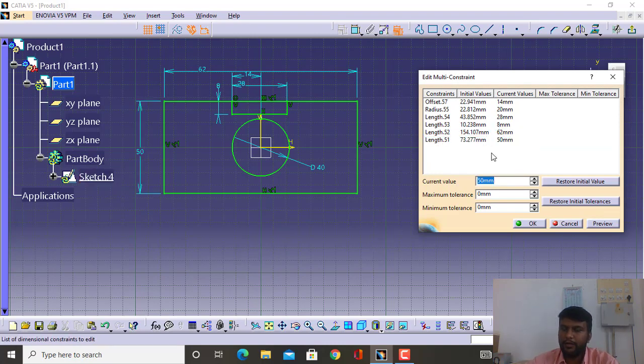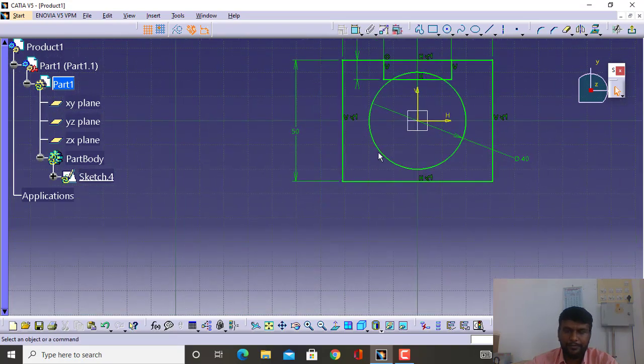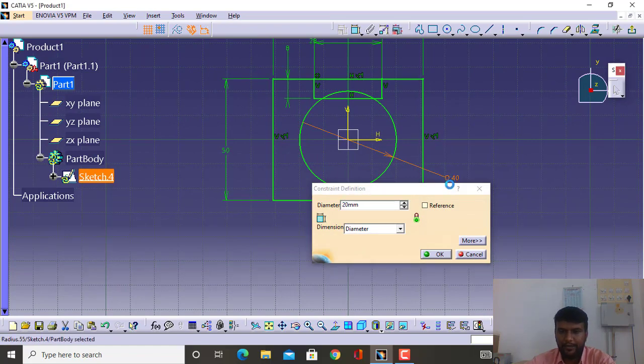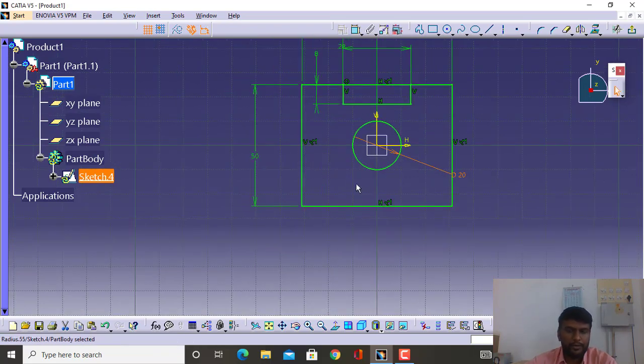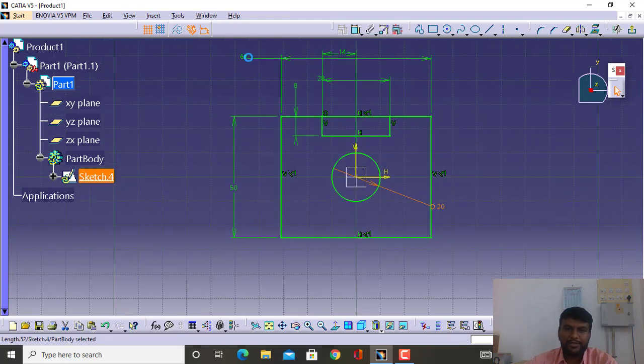Once you provide all the dimensions, just click on OK and you can see your diagram. This dimension has changed. We will change it again, 20. Okay. Once you create your sketch, just to confirm all the dimensions are